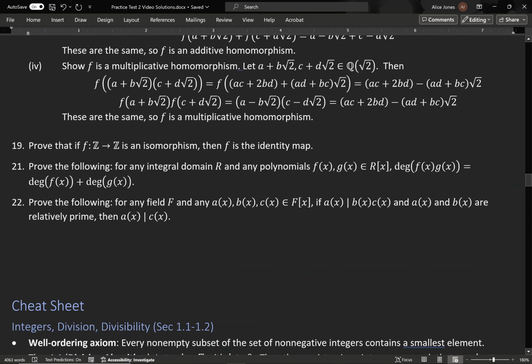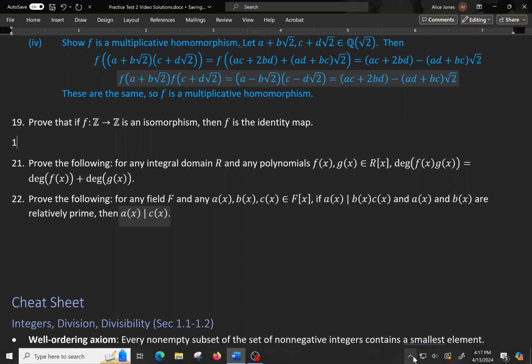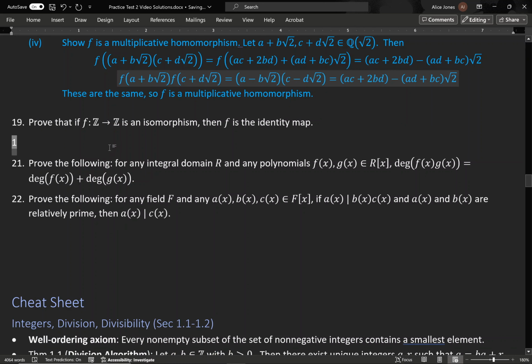Okay, so just realized I forgot to make things blue. Okay, so citing theorem 3.10. We know that the identity in this one needs to be the identity in this one, so f of 1 equals 1. And the 0 element, same way, so f of 0 equals 0. Okay, so we can see it's at least the identity map on those two elements,